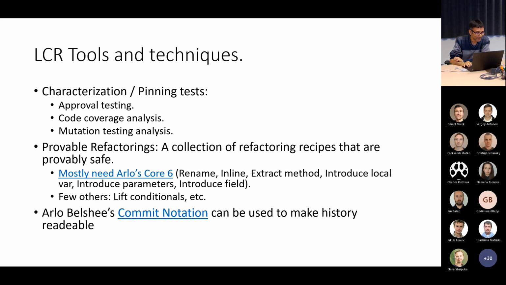So characterization and pinning test, they mean the same thing, right? Characterization, pinning, and snapshot test, they have the same meaning, right? So you have something called approval testing, where you essentially just take a snapshot of what your result is for a given set of inputs and then check it in. And the next time the test runs, we use this in the service graph code base, right? You can see an approve.txt or receive.txt, right? Next time the result runs, you compare the two, and if the two are different, your test fails.